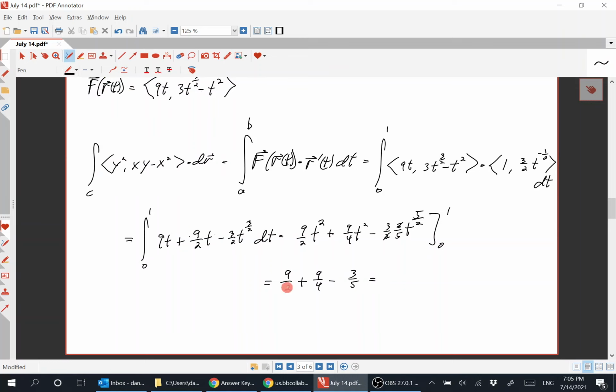So over 20. So multiply this by 10, 90, this one by 5, plus 45 minus that one by 4, 12 over 20. So 135 minus 12 is 123 over 20, which is 6.15. Yeah. Right, because 120 over 20 is 6, and 3 over 20 is 0.15. Okay, so